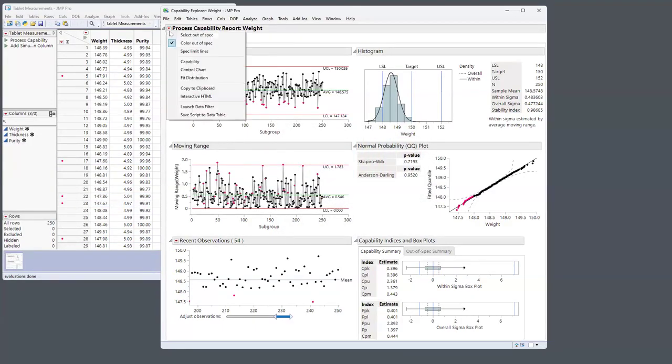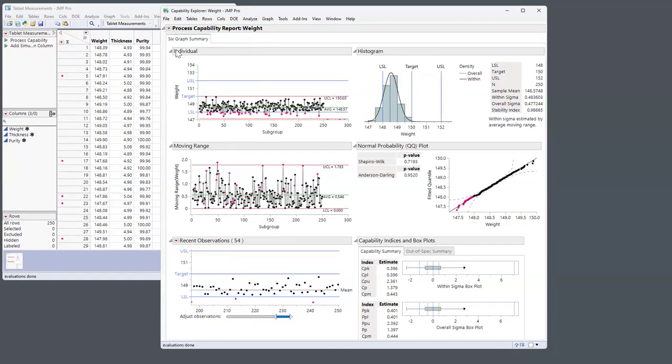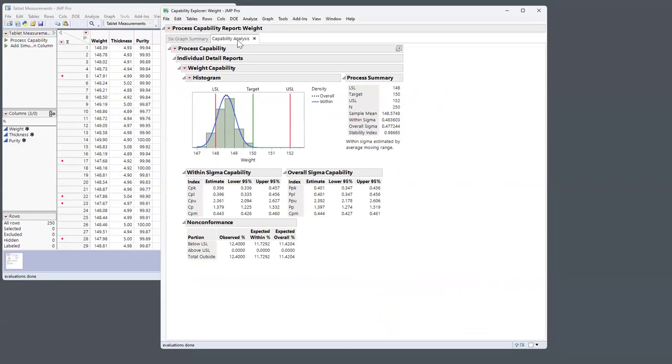You can also highlight the spec limit lines in the control chart and recent observation graph. The red triangle also lets you launch other JMP platforms within the Capability Explorer add-in. For instance, if you wanted to dive deeper into the capability analysis, you could launch that and it will show up as a tab in here, and you could go through all the additional